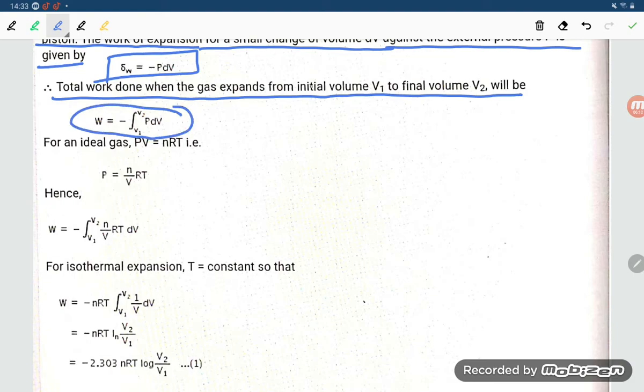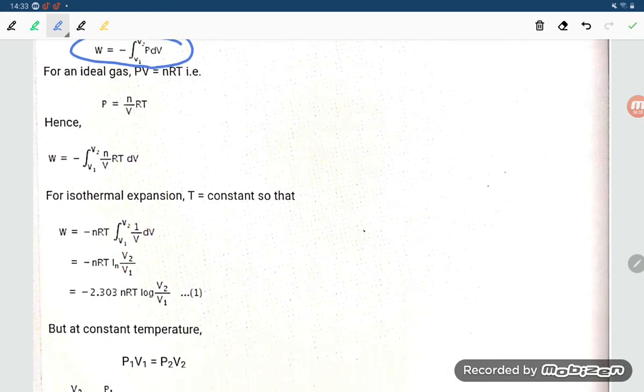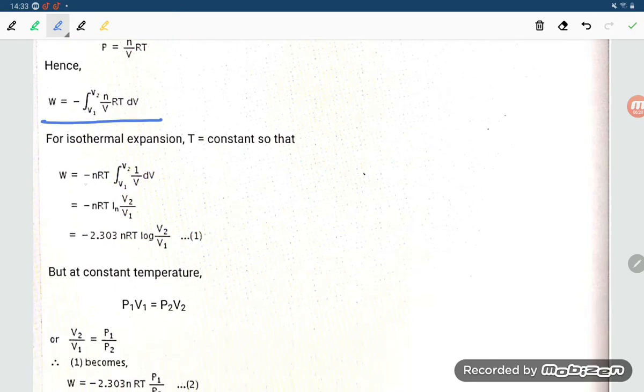That is integration, you will get negative sign, P dV, with limits V1 to V2, where P is equal to nRT by V. So you will get this expression, and nRT is common, so nRT is taken out, and integration of V1 to V2, 1 by V dV. So 1 by V dV we can write as ln V, between V1 and V final. So ln will come, that is ln V2 upon V1 will come, student.